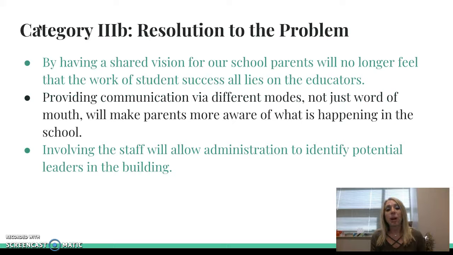3B, the resolution to the problem. By having this shared vision for our school, the parents will no longer feel that the work of student success all lies on the educators, as the principal thought. And by promoting